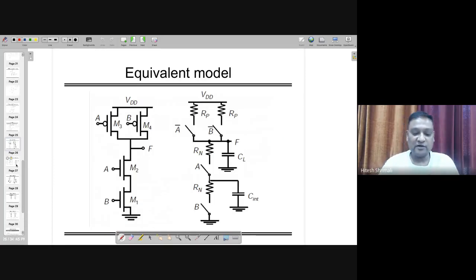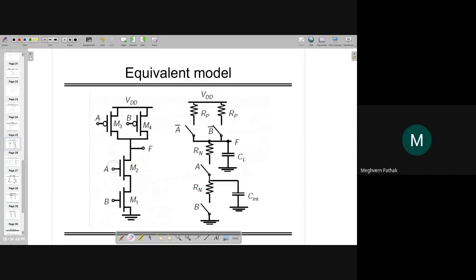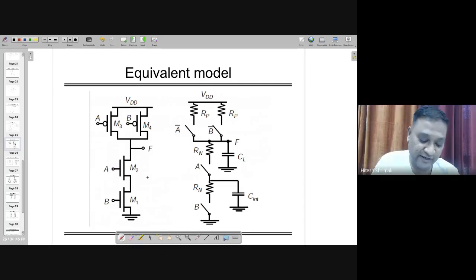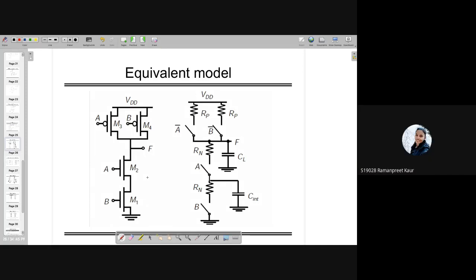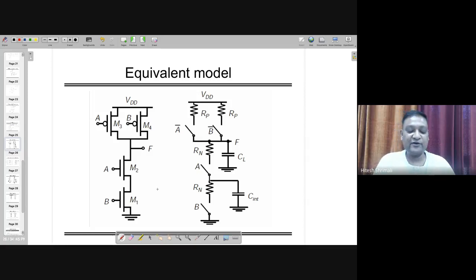Okay, so now if you look at the equivalent model, by the way, somebody can tell me which gate is this one, the left side, which is drawn. Please do not consider this one as bubble. These are the terminals. So, which gate? Yes, AND gate. Look, this is not AND gate. This is NAND. So it is NAND gate. Look, the easiest way of finding out.